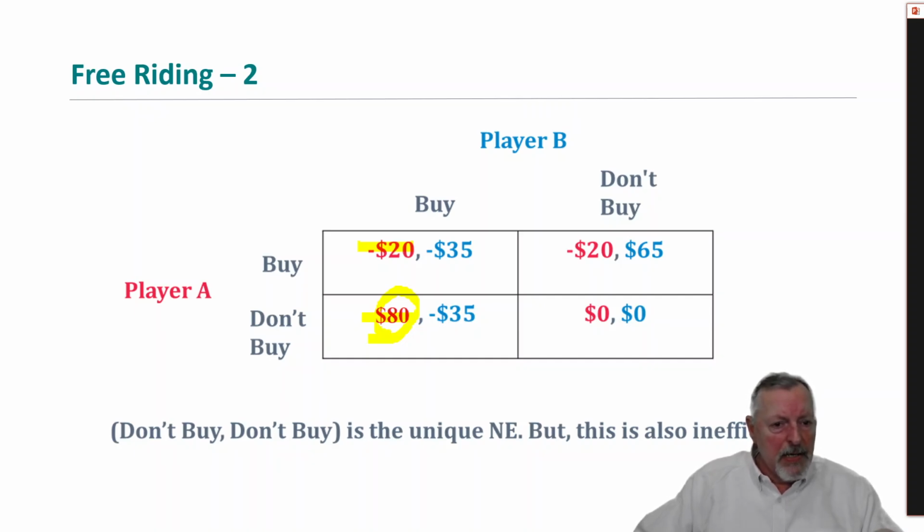But if player B does not buy, then player A is faced with the same problem. Buy, you spend $100 for something you only think's worth 80, or don't buy and stay even. Don't buy is a dominant strategy for player A. For player B, the numbers are slightly different, but still it's a dominant strategy not to. For example, if player A buys and player B does not, player B gets $65 benefit. Okay, so you have the same problem.